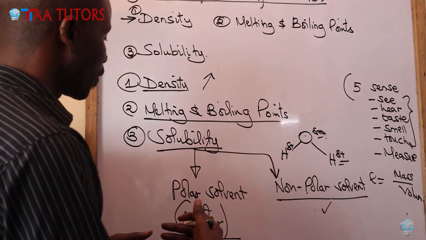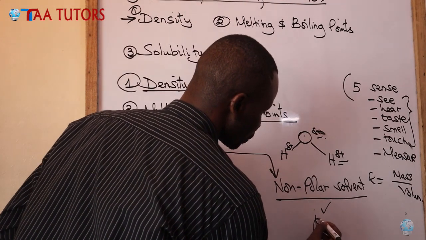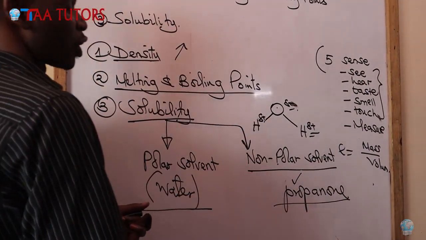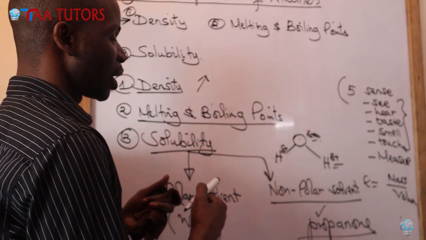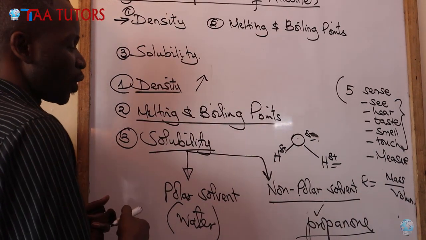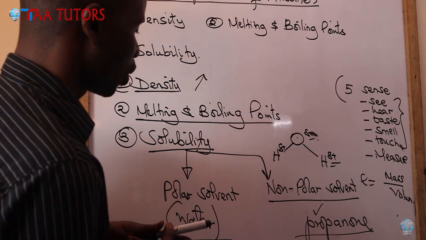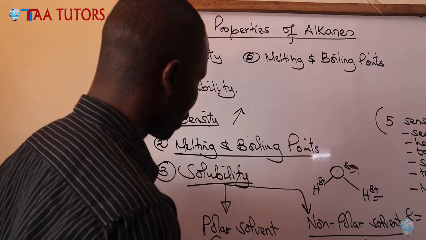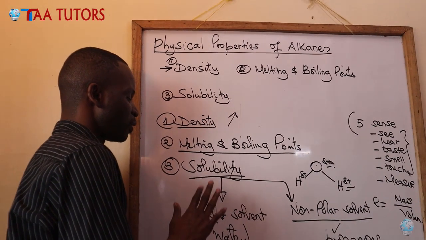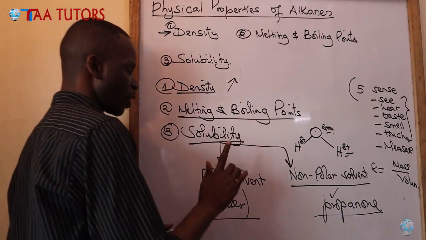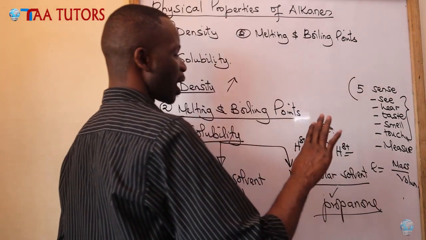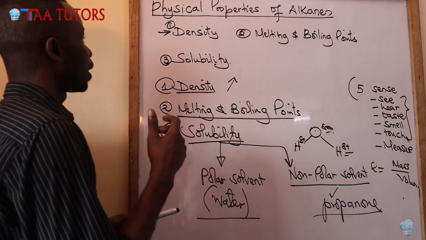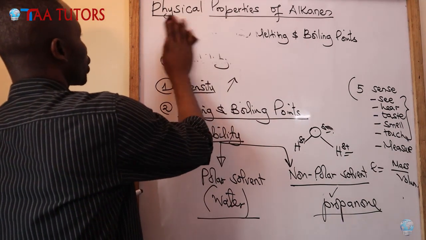So it means that methane will be dissolved quickly in something like propanol, more quickly than pentane can dissolve, because the forces holding pentane molecules are very strong compared to the weak van der Waals forces holding methane molecules. So methane will dissolve much faster. As I conclude this part on physical properties, what we have to know is that alkanes do not dissolve in polar solvents like water, but they dissolve in nonpolar solvents, and other alcohols are also polar solvents. Now that we have understood physical properties, I want us to go to what we call